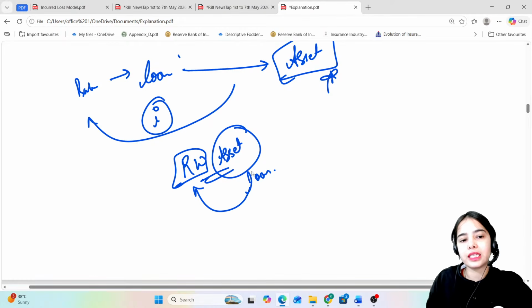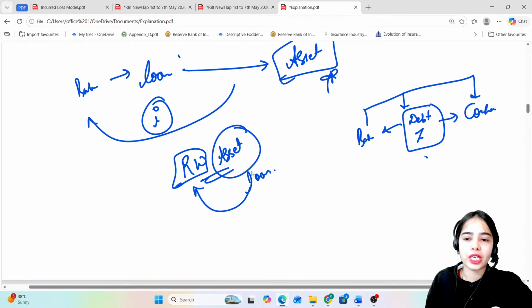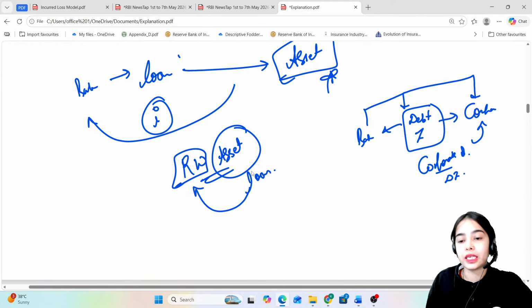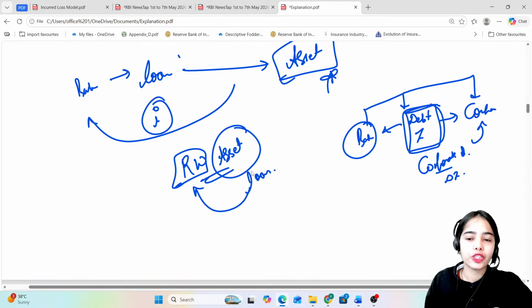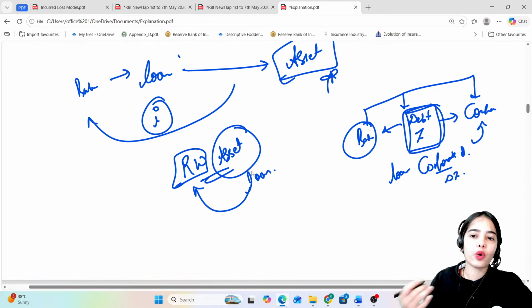Okay, as well as, let's say the bank is purchasing a debt instrument of a company. That means the bank has given the debt to the company. The bank has purchased the corporate bond, a debt instrument through which the corporate is basically taking the loan. So the bank has invested in the debt instrument. That means through the financial market, the bank is giving the loan to the corporate entity. This debt instrument also has some risk weight.